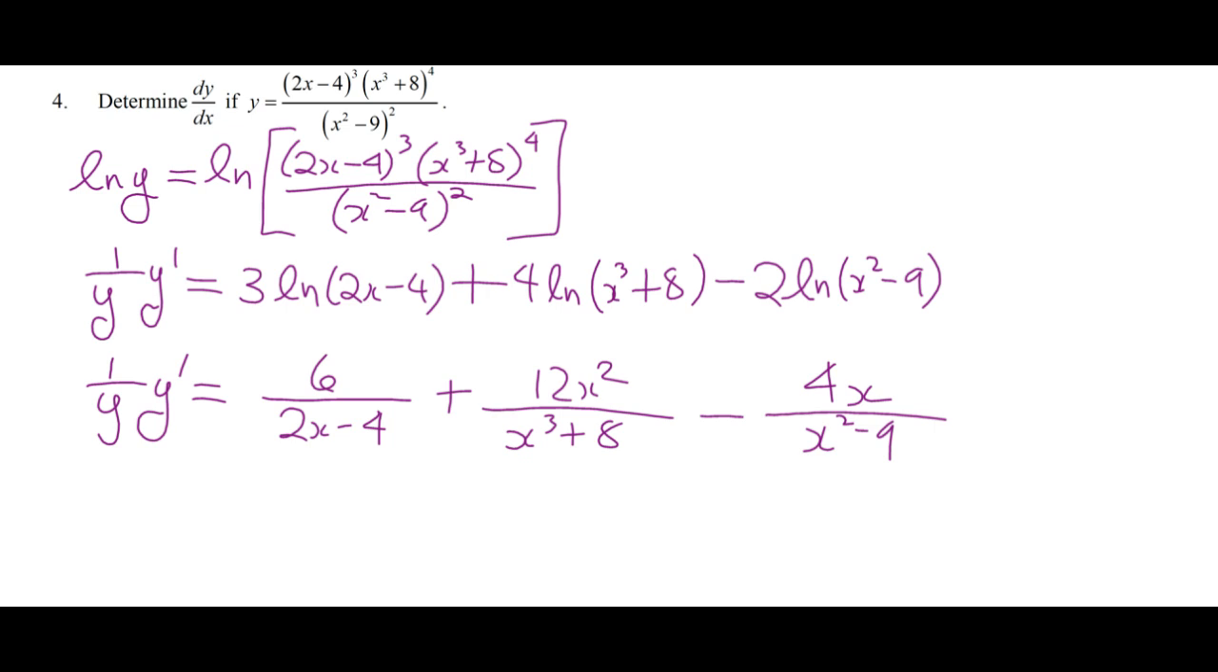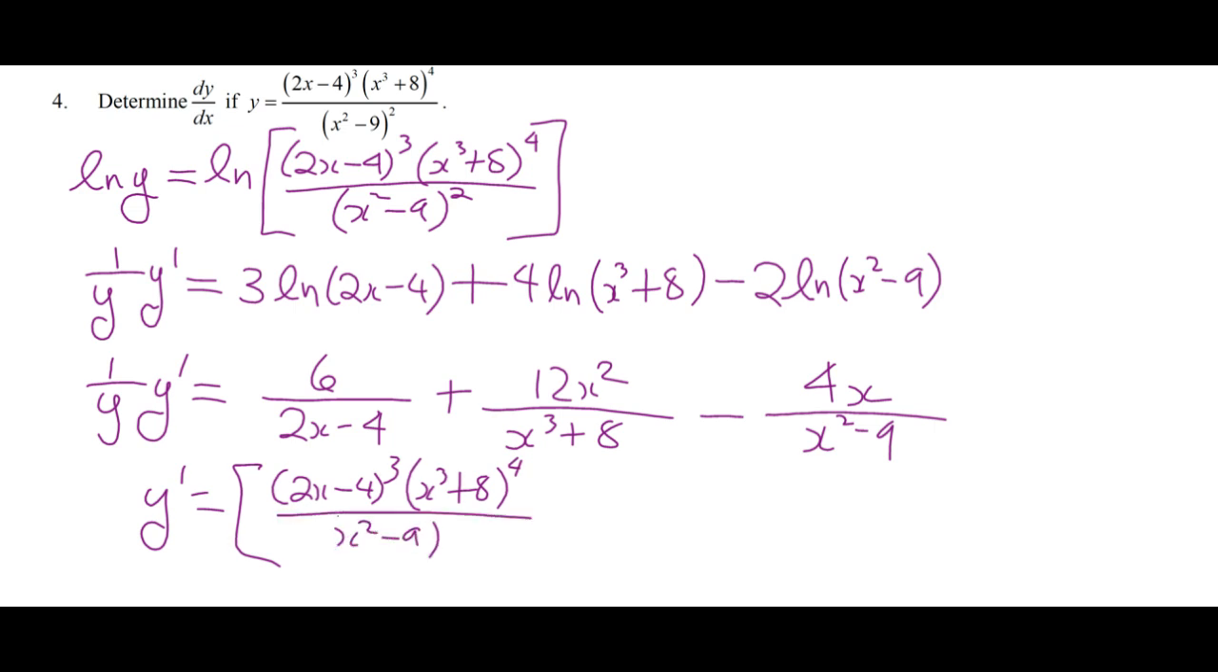And so y prime is equal to, so here's where we're going to stop. 2x minus 4 cubed times x cubed plus 8 to the 4th. Oh wait, we gotta flip this, right? Oh no, it's y. Okay, we don't have to flip this, it's just y. So 2x minus 4 cubed times x cubed plus 8 to the 4th over x squared minus 9 squared times 6 over 2x minus 4. We could simplify that if we wanted to, right? I mean, they're all even, so we could say 3 over x minus 2 plus 12x squared over x cubed plus 8 minus